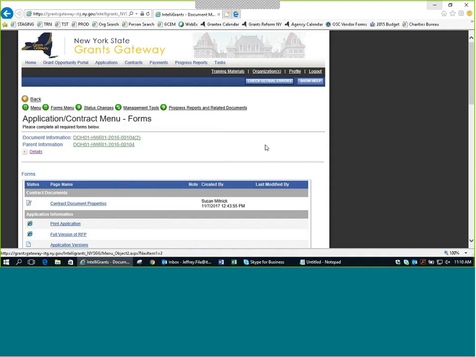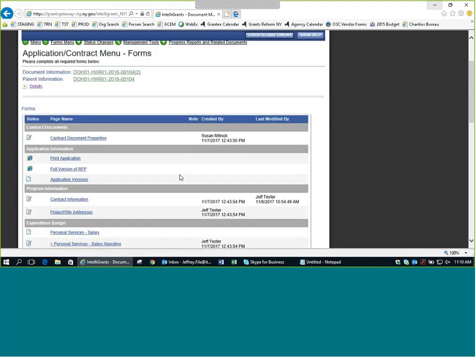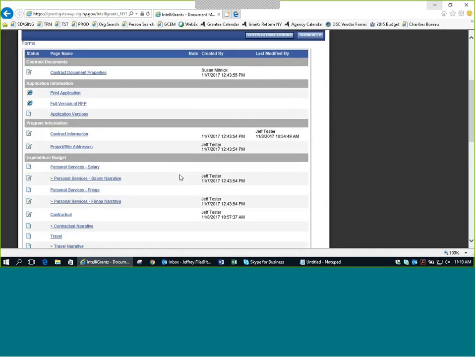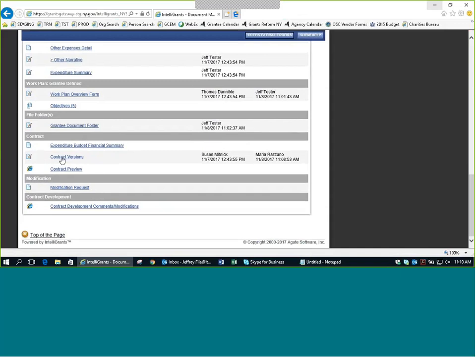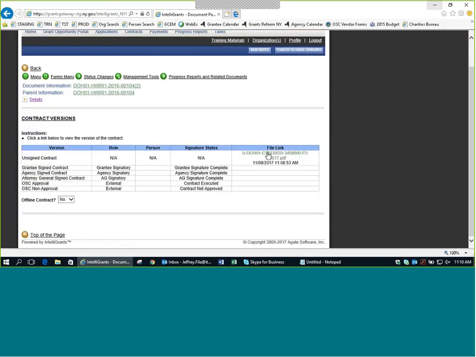But in my case, I'm going to say everything is good. Now, how do we know everything is good? Well, you just did it. You can go through each page, or you can go down to contract versions and click on this contract, and you can see the version that you're about to sign. So what's going to happen is once I sign it, there'll be a grantee signed version, and once the agency signed it, there'll be an agency signed version. It's not going to go to the AG or OSC just because it's a second year of a multi-year contract. So I click on this,